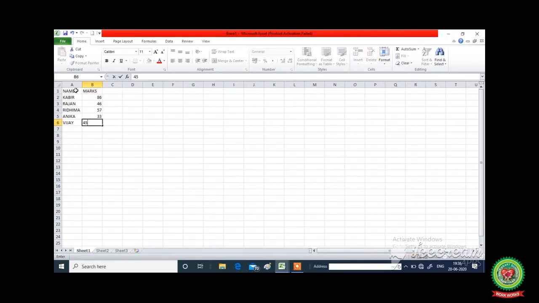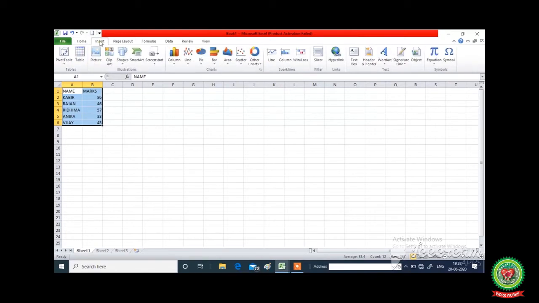Students, here I have typed some data in a worksheet. Now I want to show this data in a pictorial form. Pictorial form means in picture form. It is quite simple. Just select the data and then click on Insert tab. Then click on the drop down arrow of any chart type.